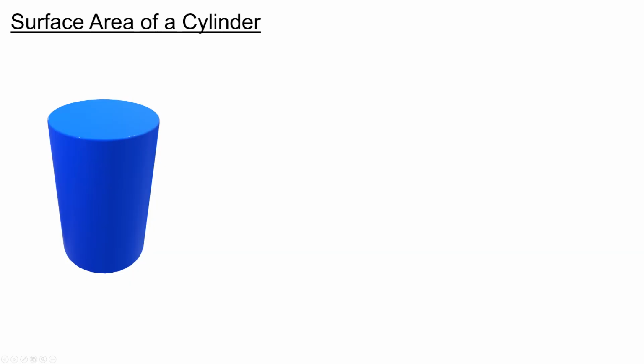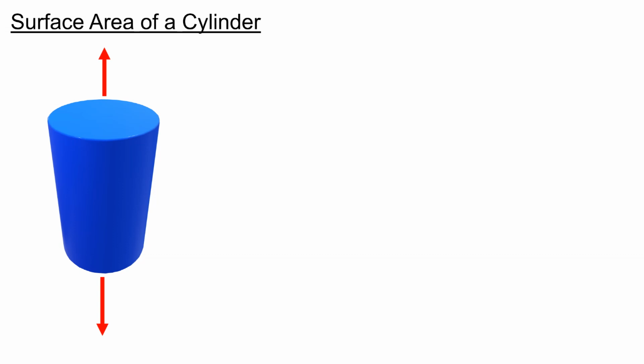We've considered how to work out the volume of a cylinder. Now let's have a look at the surface area of a cylinder. Whenever you work out the surface area of a 3D shape, it always helps to consider the net of the shape. The net is what we get when we unfold the shape. If you imagine unfolding this cylinder,